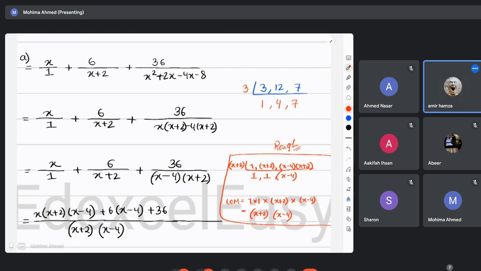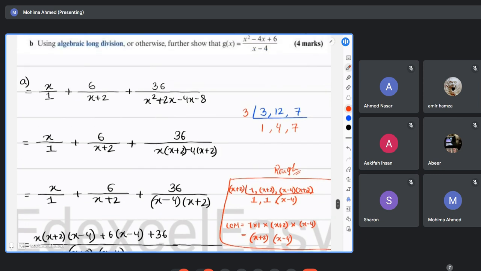Yes, miss. But then again, if it was the opposite way around, maybe you have like what? 7, 5, and 2. Like in this situation, you can understand that nothing goes in common over here, right? Nothing is common in this part. What will I do in that case? In that case, I would not do the LCM. I would just have to multiply them together. 7 into 5 into 2, that will give you the value.